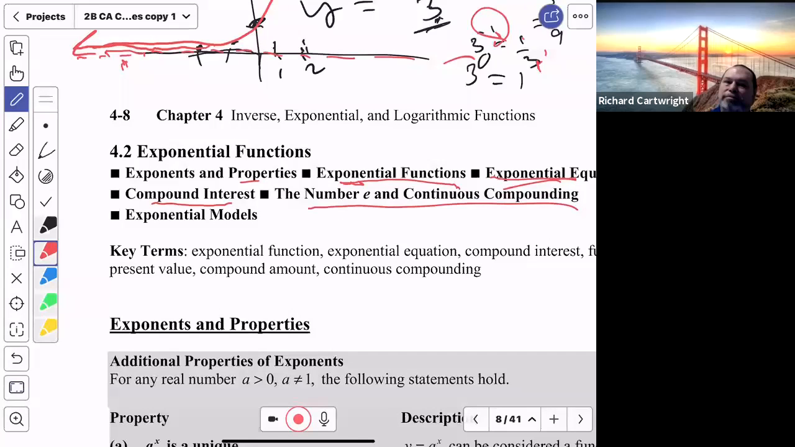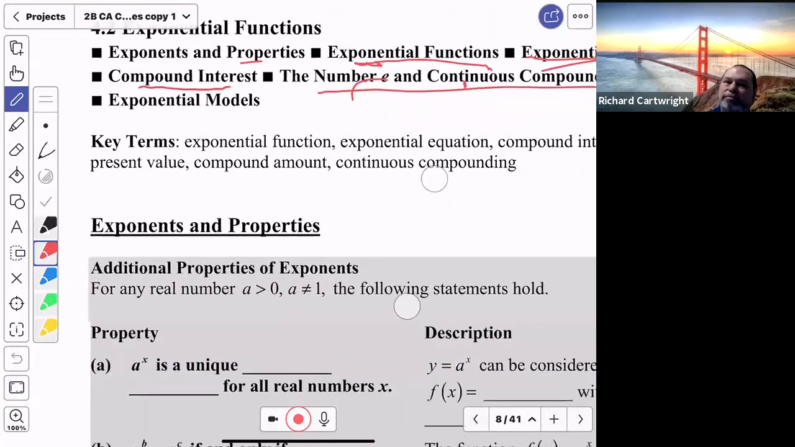Okay. I thought we did some of this already, but I think we just did simple interest: 1 plus the interest rate raised to the number of years. I think we've done that. Okay, so